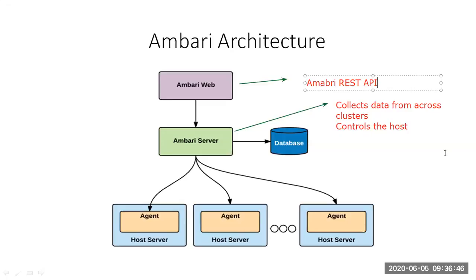Now let's have a look at it. So I will be getting into this Ambari Web. It is an interface layer which will be helping me to access the cluster information and to perform cluster operations. And this will be resting on this Ambari server. And I can treat it as a master slave node concept.